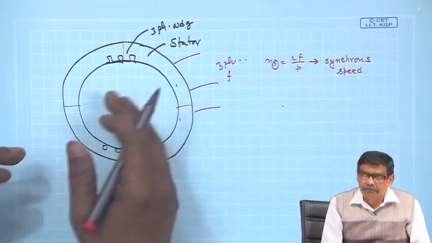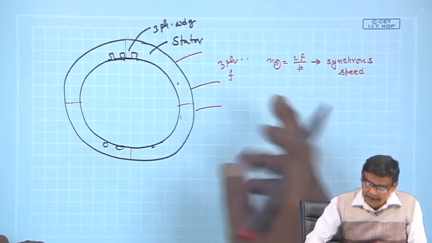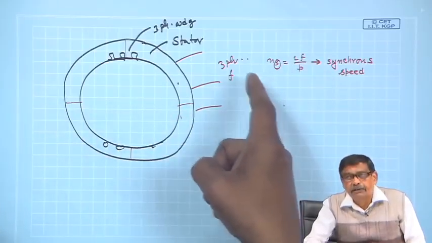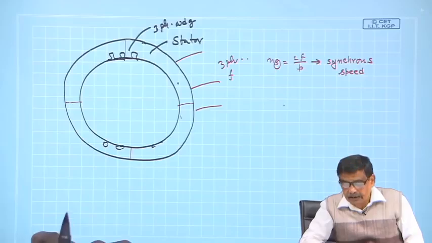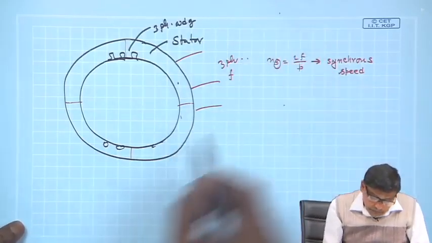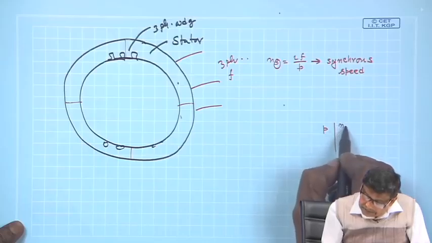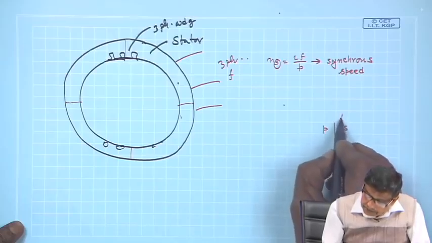Number of poles is a machine thing, but essentially for a given machine, supply frequency decides what is the value of the synchronous speed. As I told you, make a table of P and Ns mechanical speed,